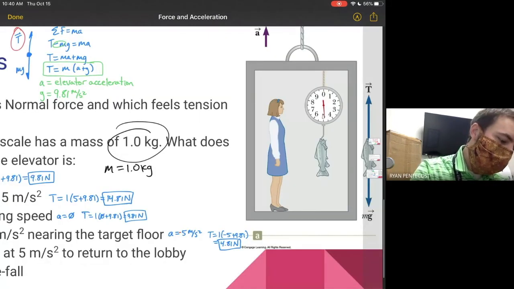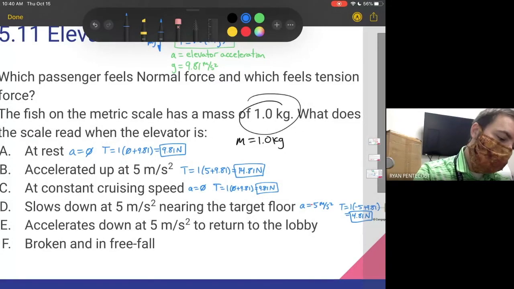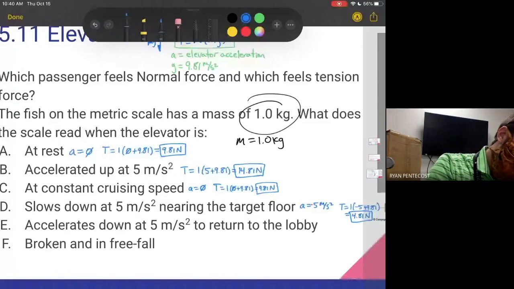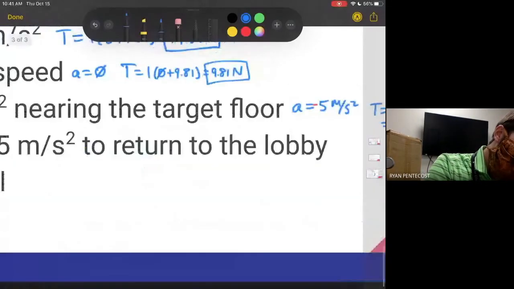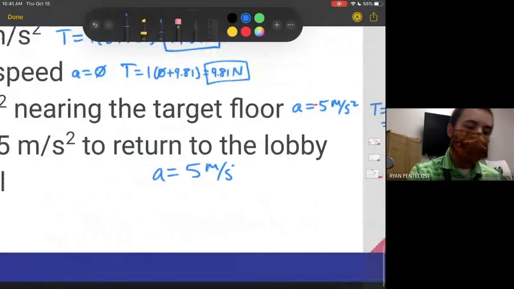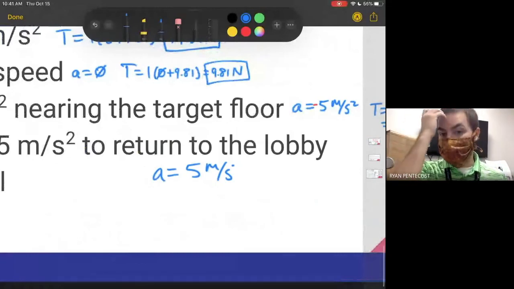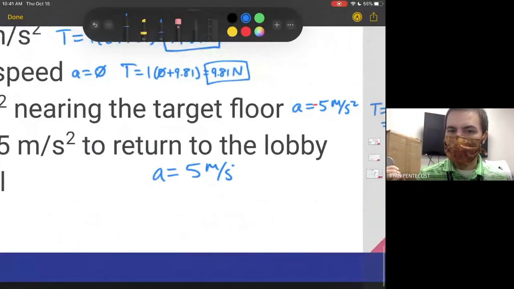All right, next, part E. The elevator is now accelerating down at 5 meters per second squared so that it can return back to the lobby, right? So it needs to get back to its cruising speed. So our acceleration is 5 meters per second squared because we're going back down to the lobby. But we are accelerating downward, right? So